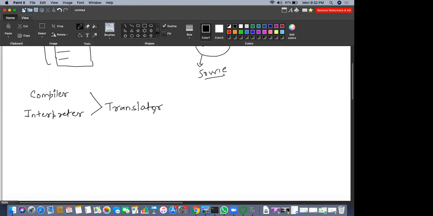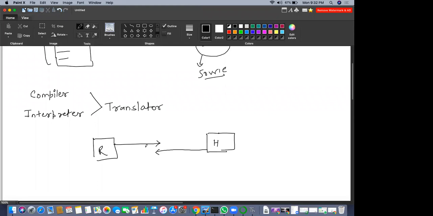So what a translator does, let's say I have a person who speaks Russian and a person who speaks an Indian language, let's say Hindi. Russian wants to communicate with the Indian guy and the Indian guy wants to communicate with the Russian guy. If they start speaking in their own language, will they be able to communicate at all? No. The Indian guy will not be able to understand Russian and Russian will not be able